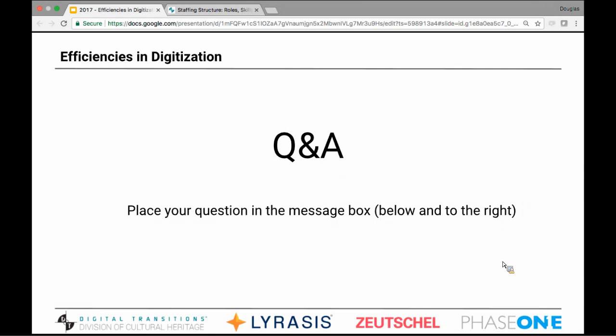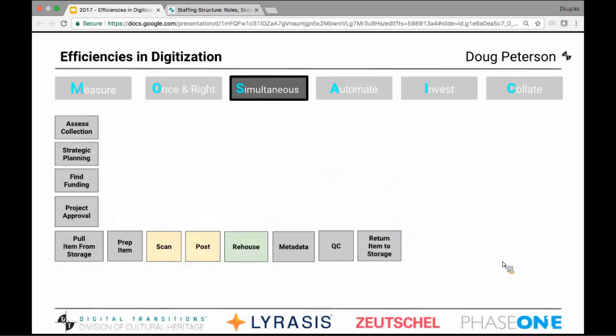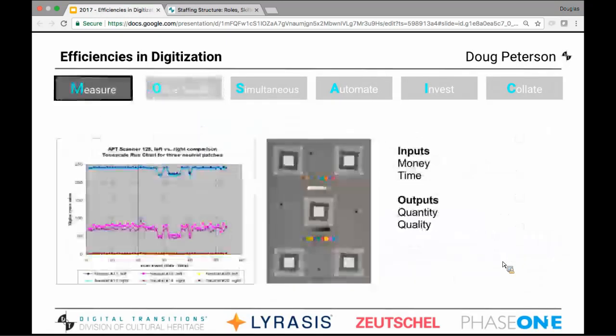Foot pedals, hand pedals, spending time actually thinking about the shape and location of those hand pedals, because if you're doing anything over and over again, it needs to be both comfortable and flexible so you're not doing the same thing over and over. And the third thing we've tried to do with our systems and with our training is to encourage institutions to trade off roles within a system. So for example, on film scanning, somebody might do the loading of the slides, someone else might do the scanning of the slides, and then halfway through the day switch, purely for the variety of it,